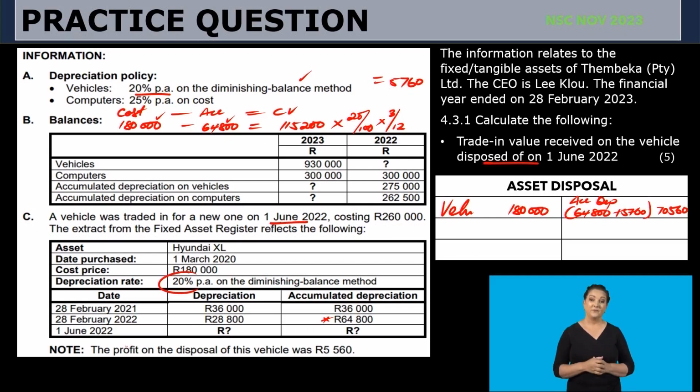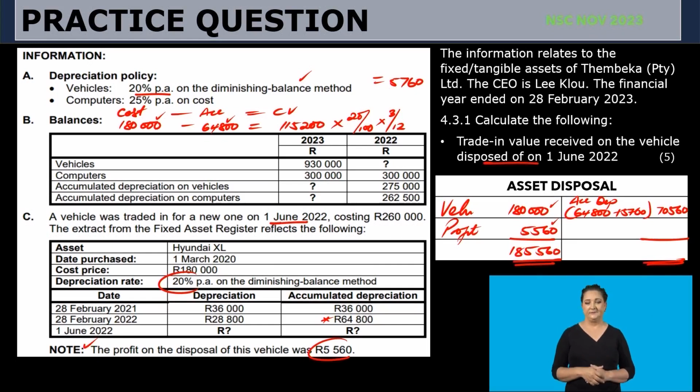And then I will now say, we have made a profit. Note, the profit on disposal of this vehicle was 5,560. Okay, I know that if it's profit, I'm going to bring it to my debit side. Profit here is going to be 5,560. So I'm simply going to close my ledger account, the side with the highest amount, 180,000 plus 5,560. Okay, so that's going to give me